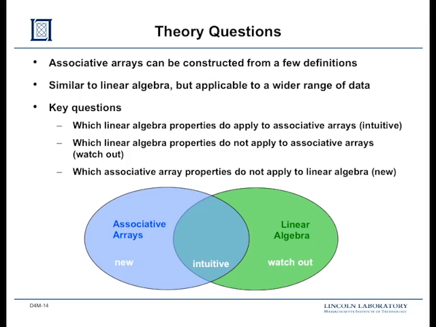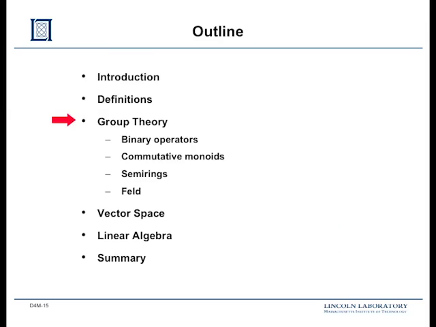So that's a very powerful concept, and I'd say it's one of the most commonly used features. All right, so we've done the basic definition. Now we're going to move a little bit quicker here into the group theory. The group theory is when you pick various functions, what kind of algebras result of that. So we're going to talk about binary operators, and then get into commutative monoids, semirings, and then something we call